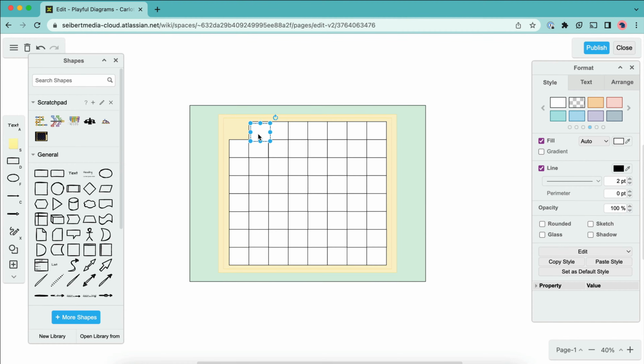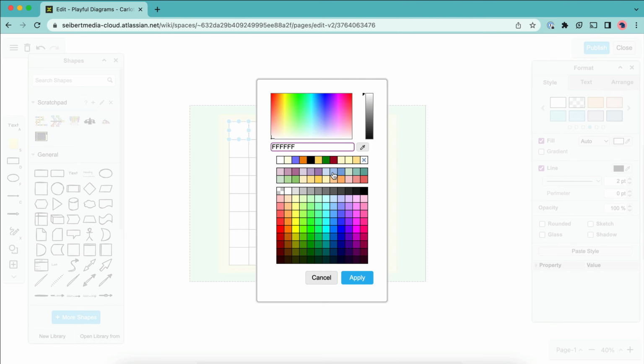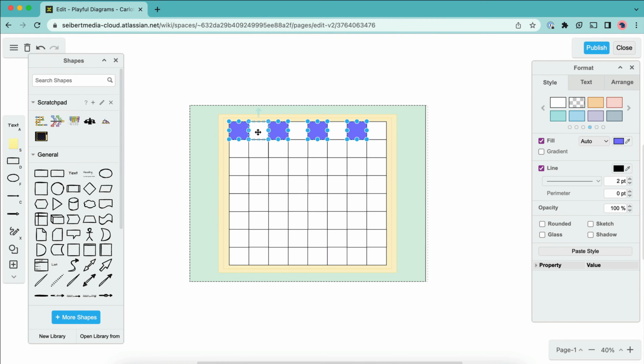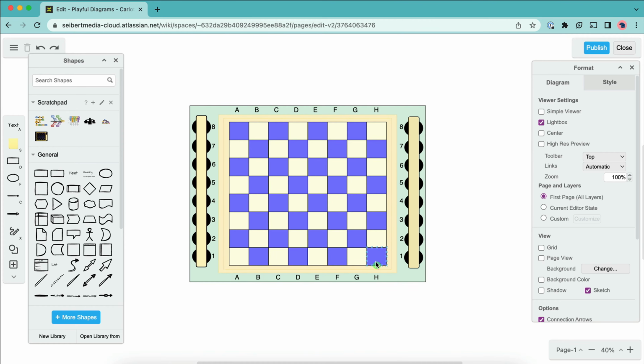Start with a grid of 64 squares and use the fill tool to color the squares in alternating colors. Then design your own checkers pieces by creating circular shapes and, again, use the fill tool to color them in to your desired colors. If you'd like, you can even add text or images to each piece to indicate which